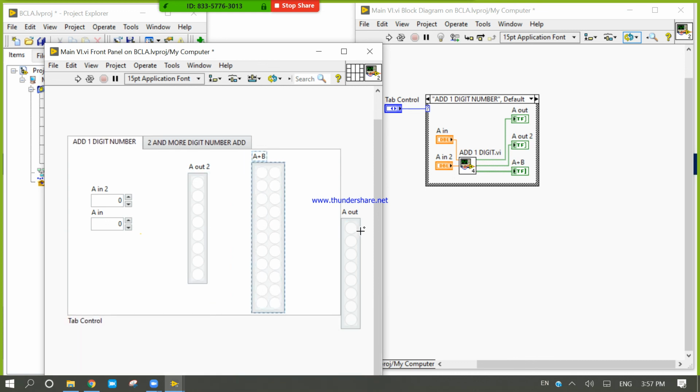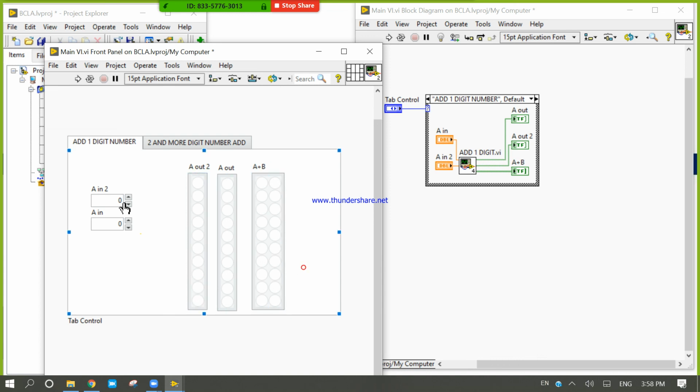Output. So here one thing is missing, that is the output for two.